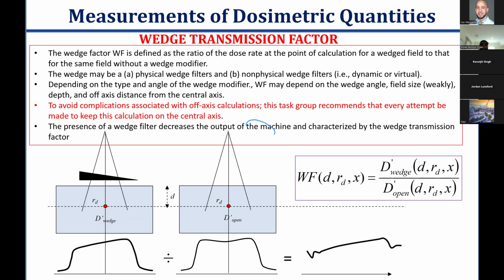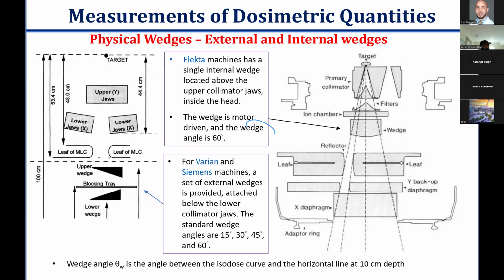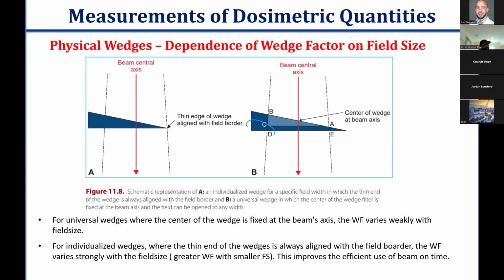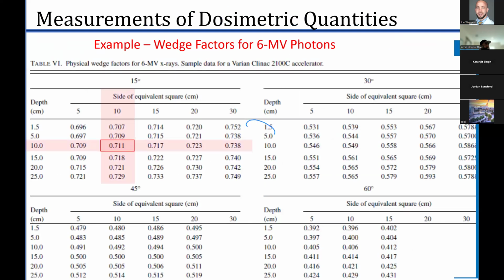And so there are essentially two kinds of wedges. You have physical wedges, which are rarely used, and you have non-physical wedges or electronic wedges, which are often used. Now, a non-physical wedge, which is common for Varian machines, is an electronic field that generates a tilted dose distribution profile similar to what a physical wedge does. This happens by moving one of the collimating jaws from one end of the field to the other. I've included the details, but for the sake of time, I'm going to skip all these exquisite details for your perusal later on, and we will move straight